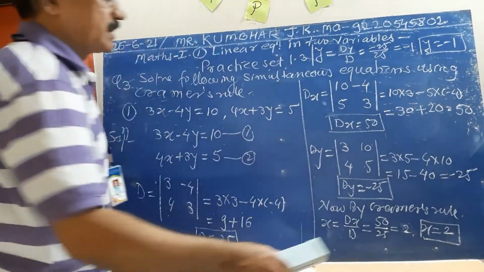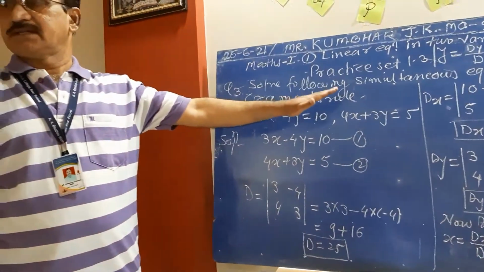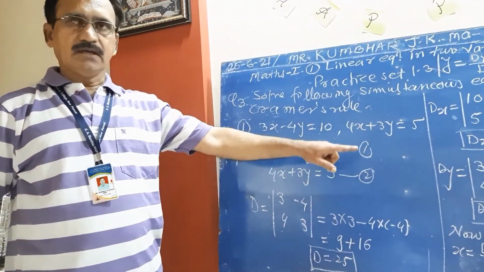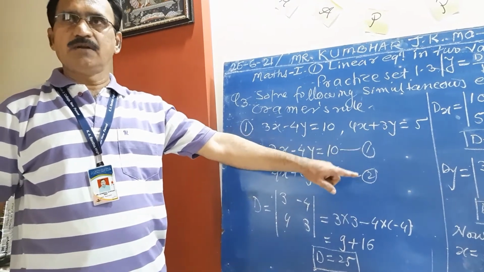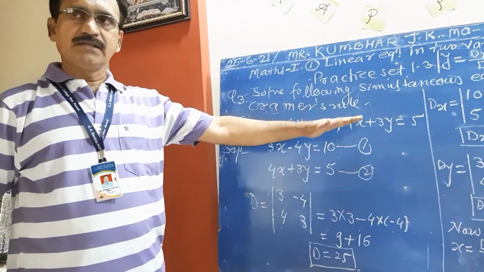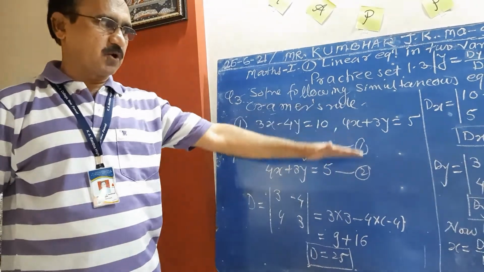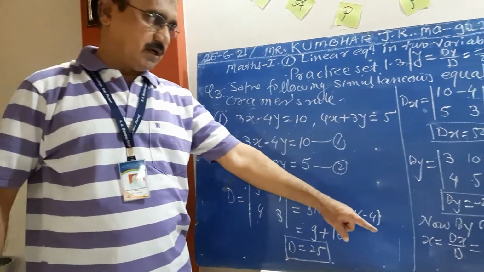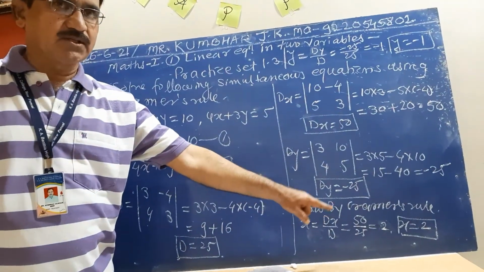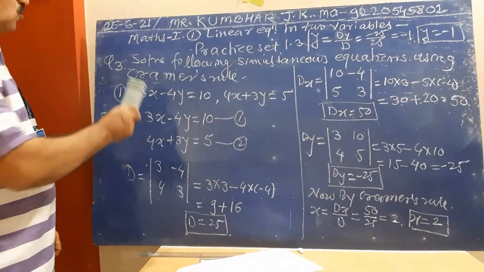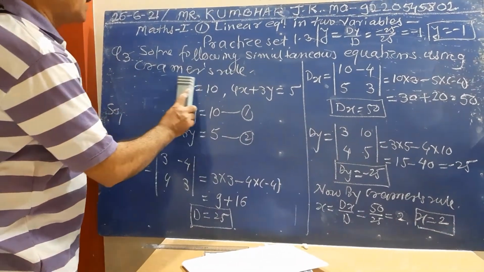Now, any doubt in this example? Write the answer according to the example. In the board exam, and in the semester and prelim also, how to write the answer? Write the answer according to the example, in word problems and in this problem also. Here you should write: solution is xy is equal to 2, minus 1. Now we are going to see the next example.